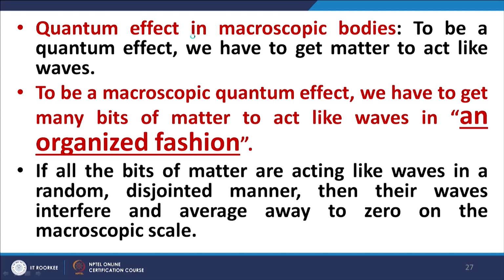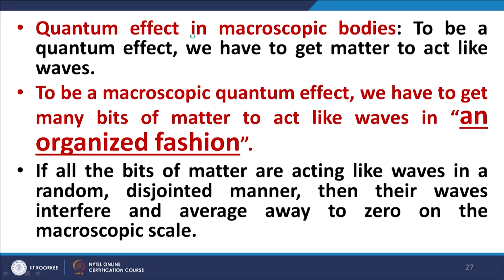As a result, when we look at the macroscopic object in totality, it seems that the quantum effects are not there. If in a certain situation the matter waves corresponding to the constituents of a macroscopic object orient themselves in a particular manner, which technically is called coherently,